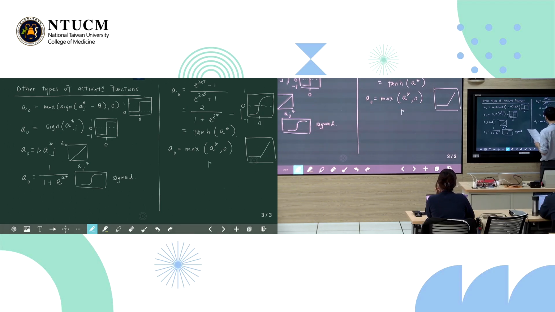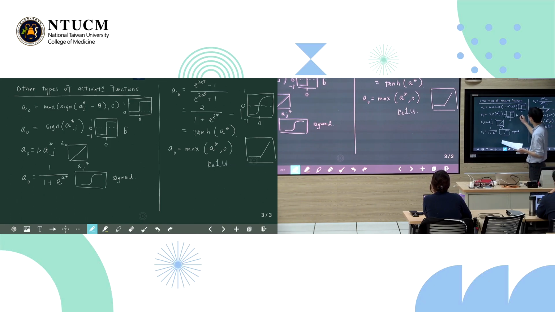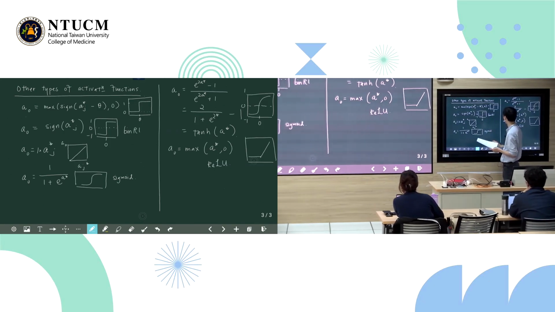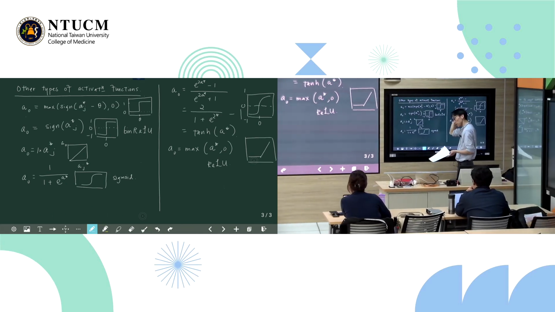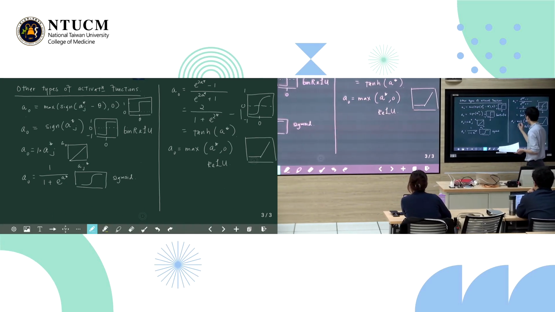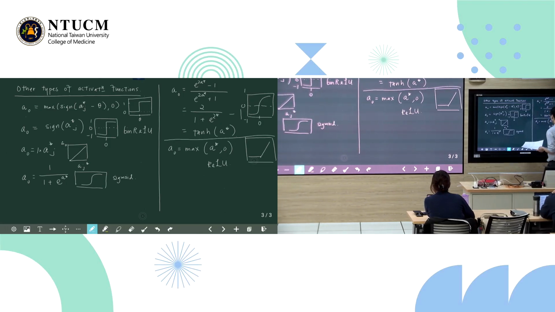You can also have, and this is the classic ReLU. Okay, so here we have the binary ReLU, binary rectified linear unit, and here we have the rectified linear unit. All right, and then finally we have